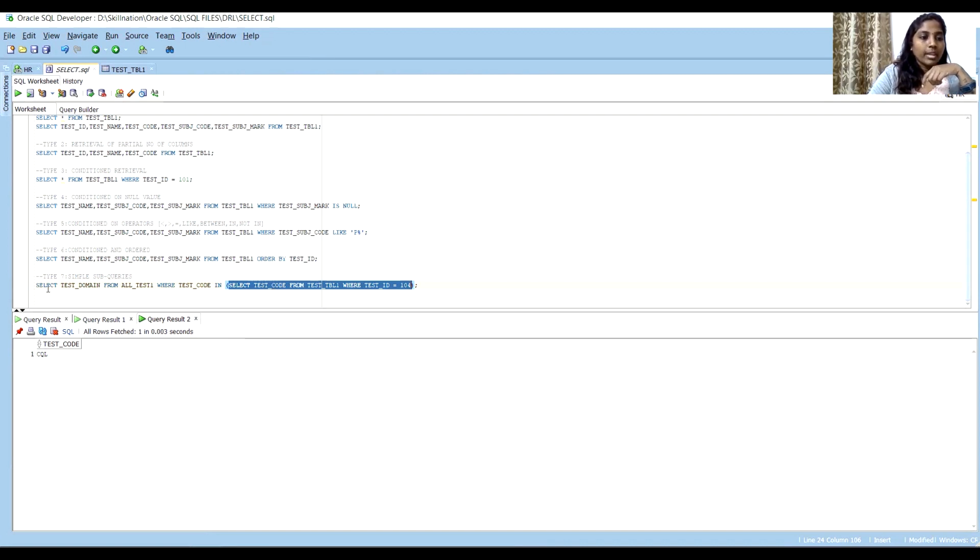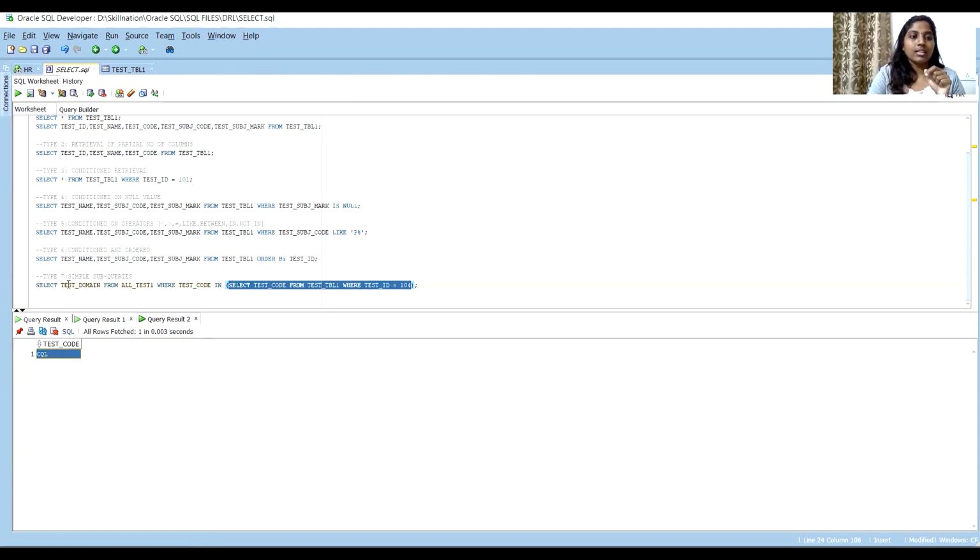Now let's go to the outer query. Select test domain from all test 1 where test code in this. Whatever the result set of the inner query is, CQL is the answer. So replace this entire subquery with the value CQL.